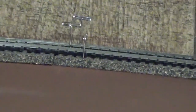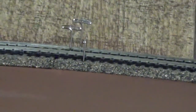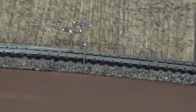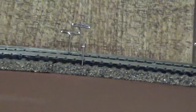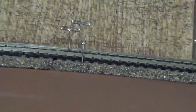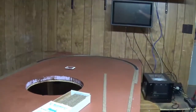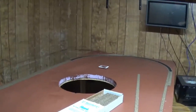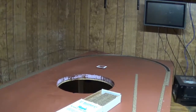I'm going to go upstairs and grab a few more pieces of Flex Track. Probably grab the soldering iron and get some stuff ready to go. I've still got to figure out where I'm putting my switch, because as you remember, the hole there in the middle is going to be my turntable. What I'm thinking is,